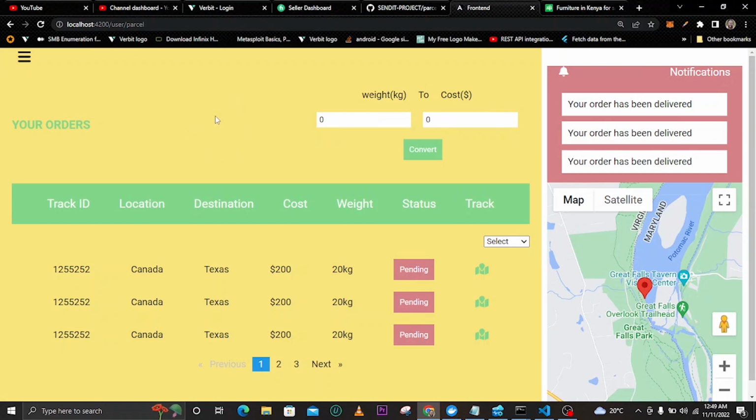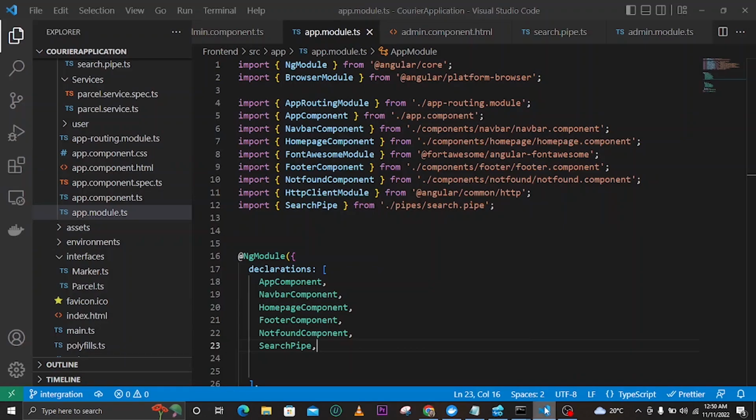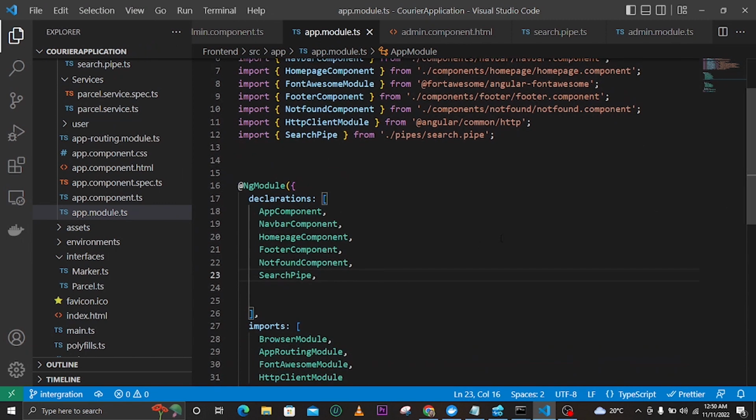Before we continue, I just want us to make a very little correction. Today when I was starting this application, I came across an error. The compilation for this application failed and it output an error saying that we have declared search pipe into modules. So just come here in your code at app.modules.ts, and if you have this search pipe here, just remove it in your declaration here,